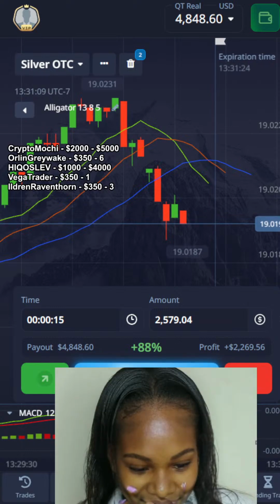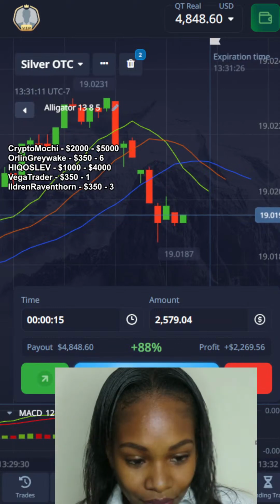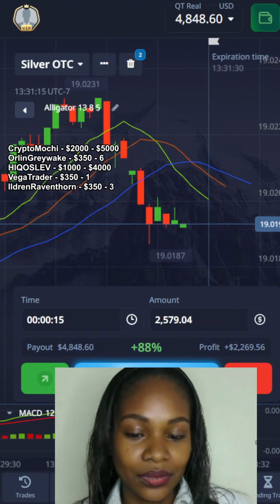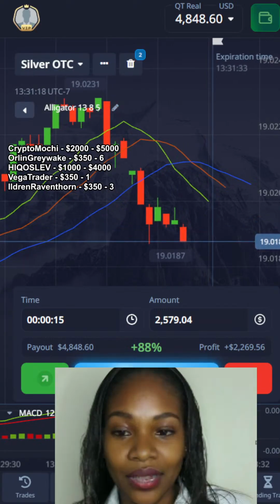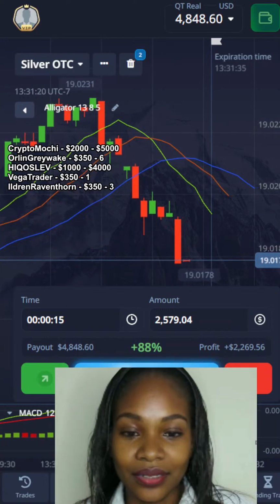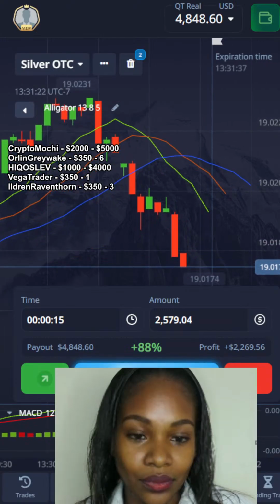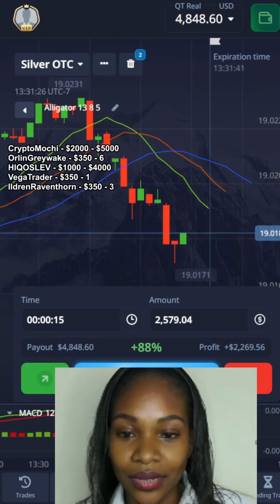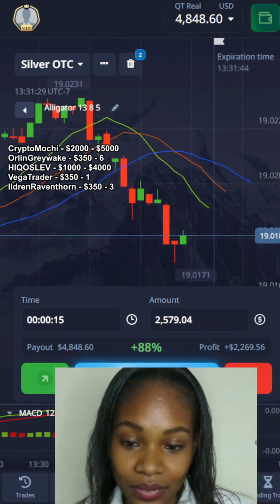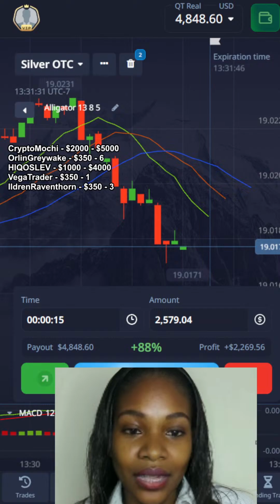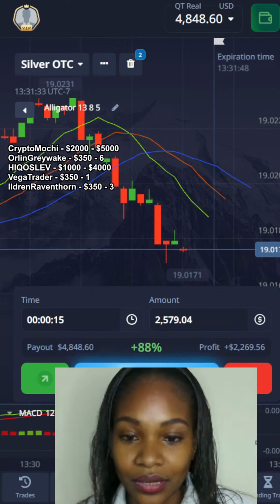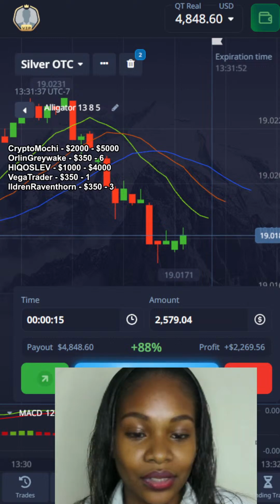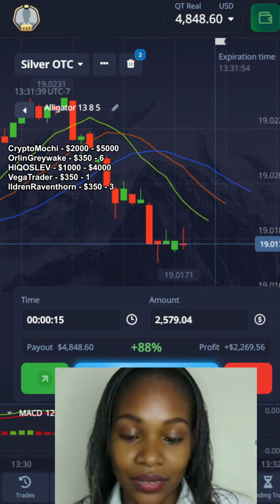Like I talked about my strategy earlier on, I have certain things that I always look out for. I have to look out for my market direction. Am I in an uptrend? Am I in a downtrend? I identify the direction that I'm taking in that particular moment, and I trade with the trend. I do not trade against it. So that is one of the things that I look out for.